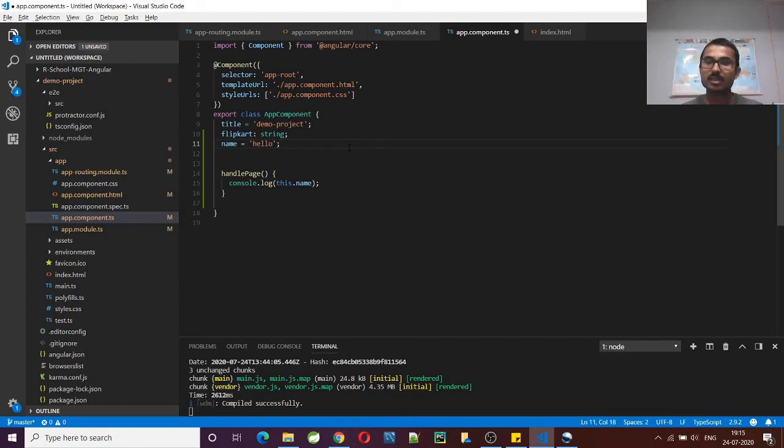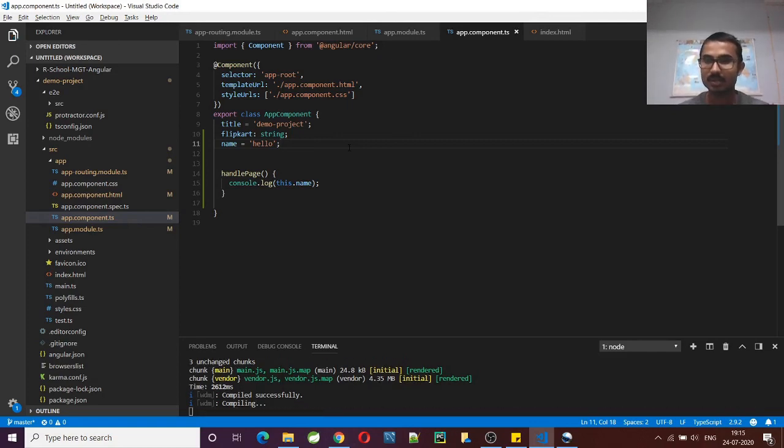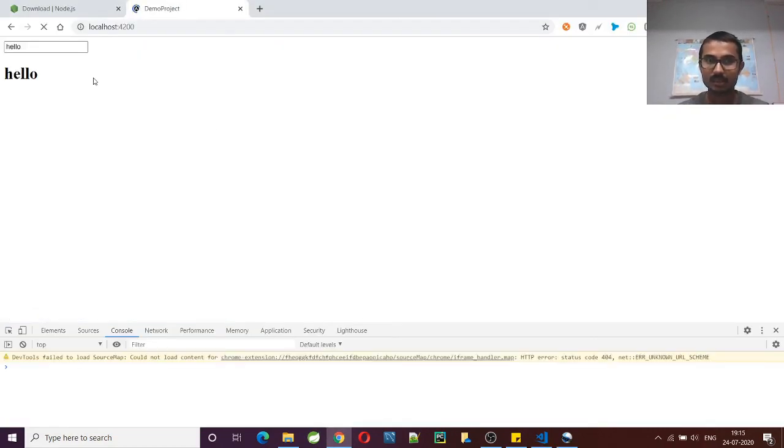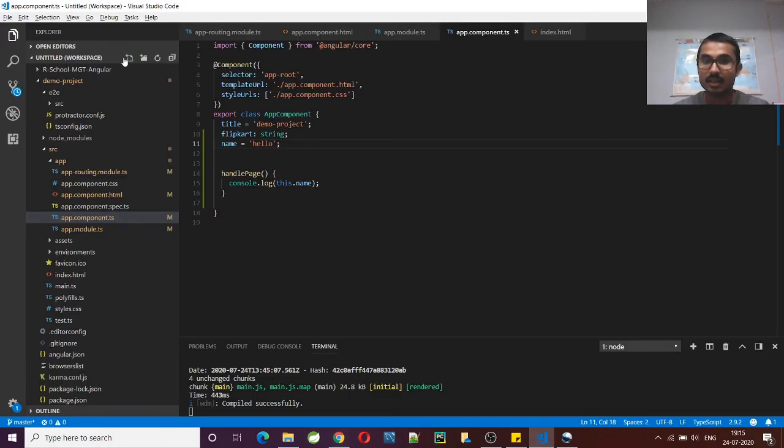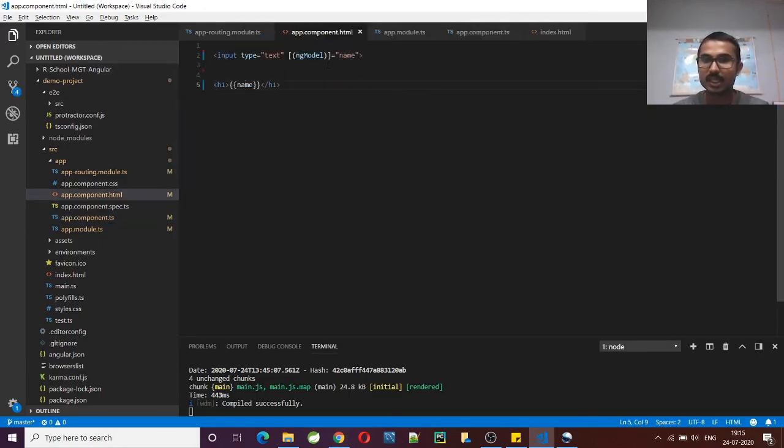Whenever I refresh this page, this hello will be appended to the input box. Let's save this, and let's see, initially hello is here. So whether data is going from controller to view or view to controller, it will handle both directions. And the syntax for this two-way binding is this.